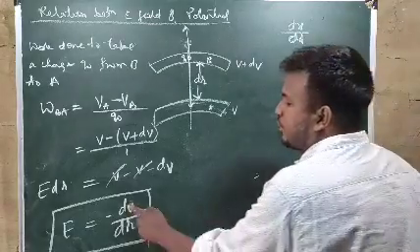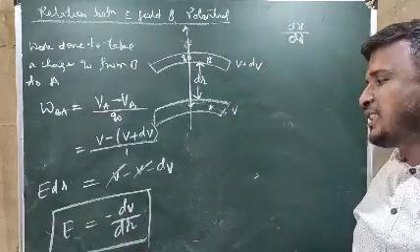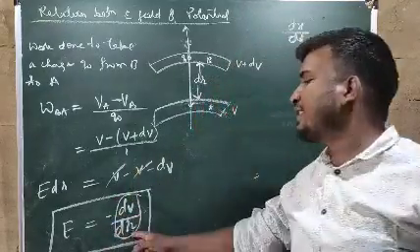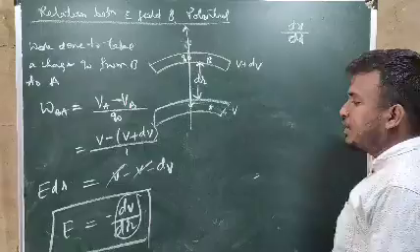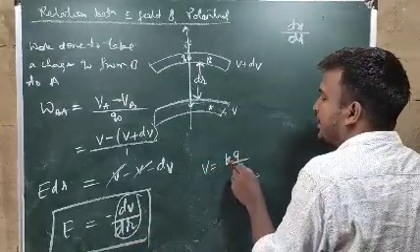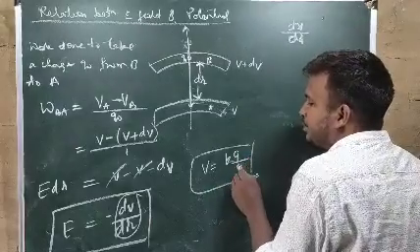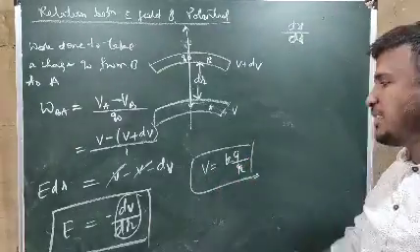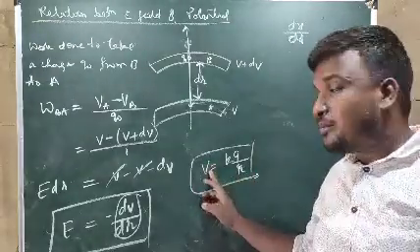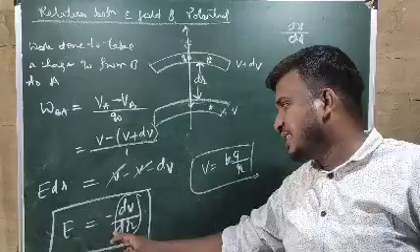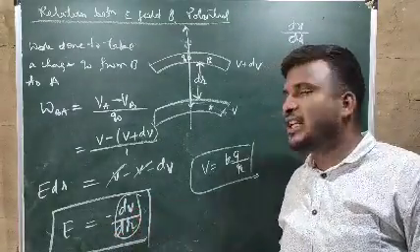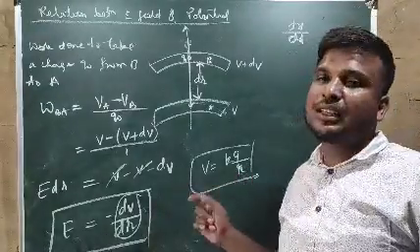So here you see E equal to minus dV by dr. What does this dV by dr tell? It tells that potential is increasing with the distance. But we know the formula V equal to KQ by R. It tells that potential is inversely proportional to distance, meaning when distance increases, potential decreases, and when distance decreases, potential increases. But this formula dV by dr tells that potential is increasing with the distance. So these two formulas will contradict.